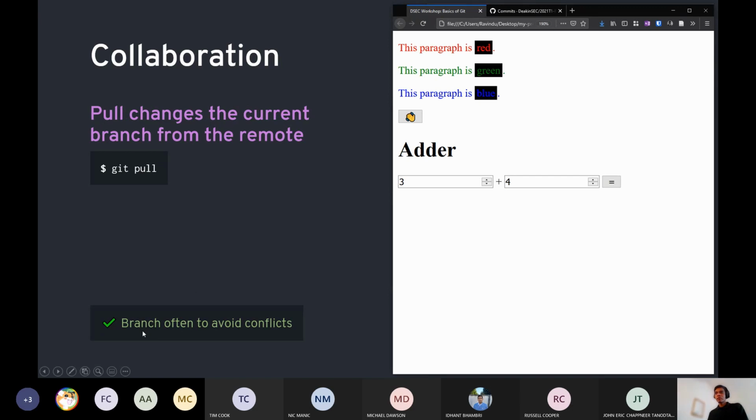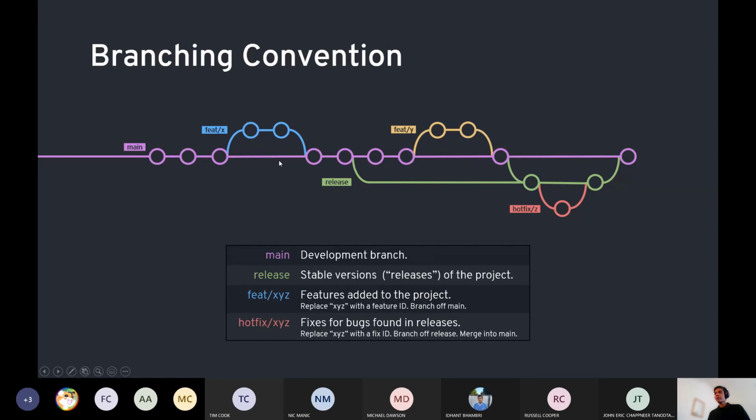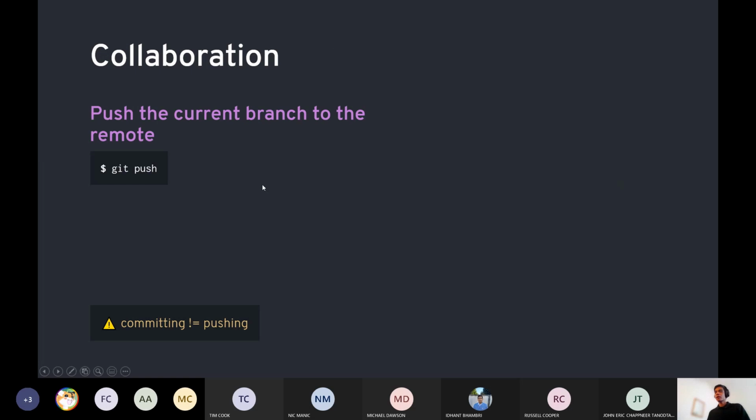Now, if you branch very often, you can keep working on multiple changes together. Think of a Git graph like this, where you've got someone working on this branch on their own commits, and then someone else working on this branch, and a bunch of other people working on this branch. They'd individually do their own commits, and then at the end they'd merge everything together, and that's how collaboration would ideally happen on Git. That's how Git lets you work on multiple features simultaneously. So yeah, that's how collaboration works.